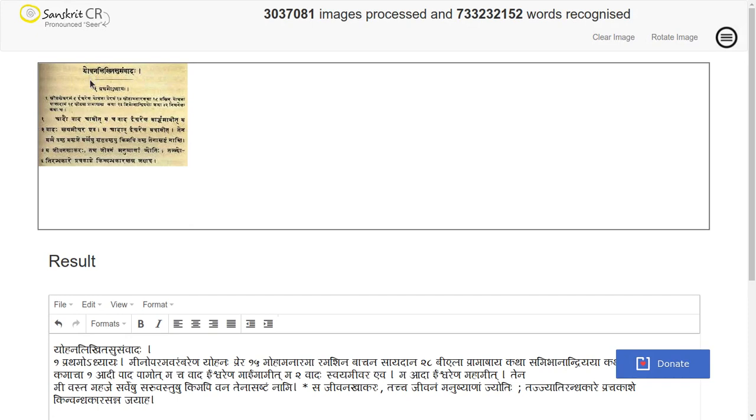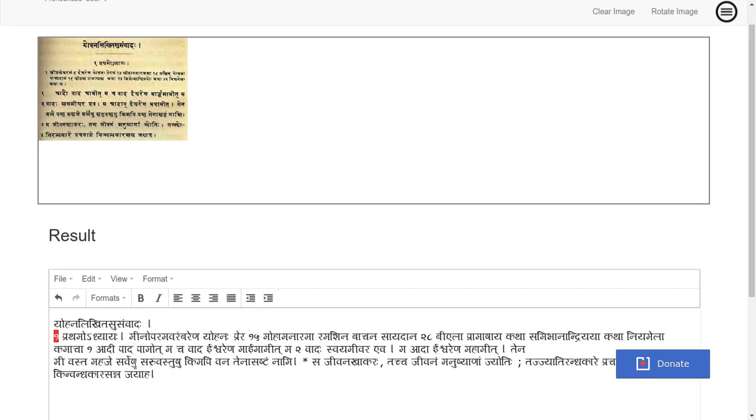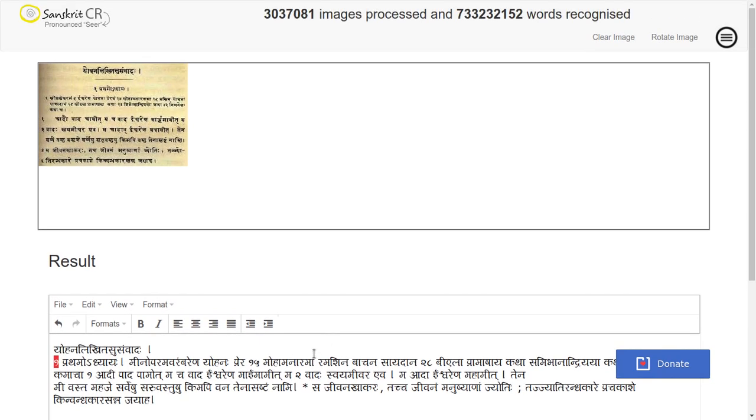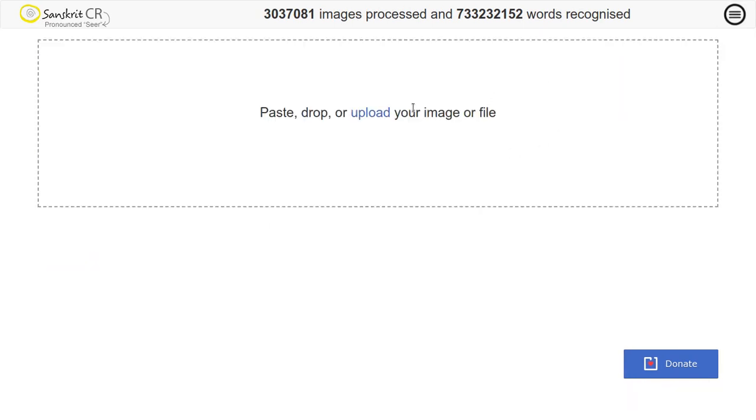There is a particular script used in this image, but it has recognized correctly Yohana Likita Susamvadaha. One, it recognizes the number also, and Pratamodhyayaha, and so on. There are some problems in converting this image, but most of the text has been converted clearly.